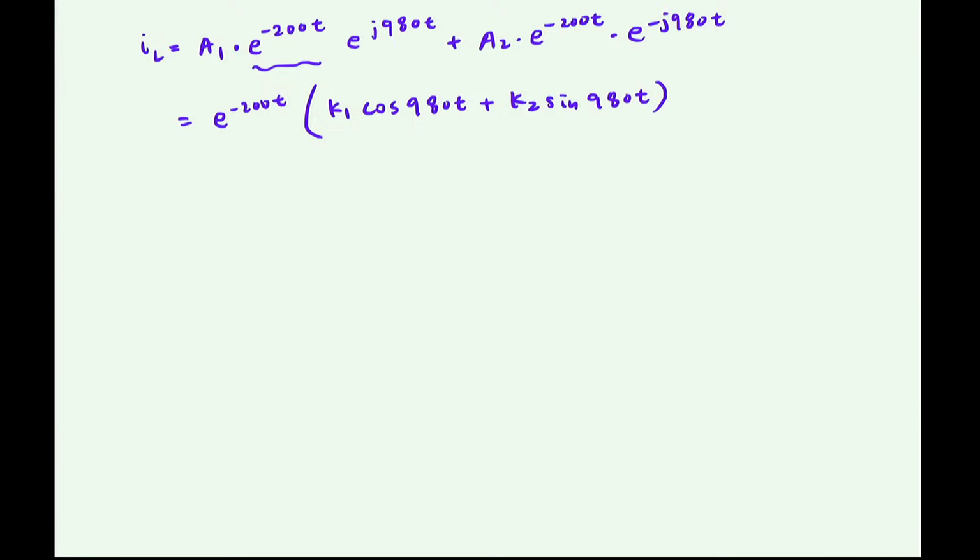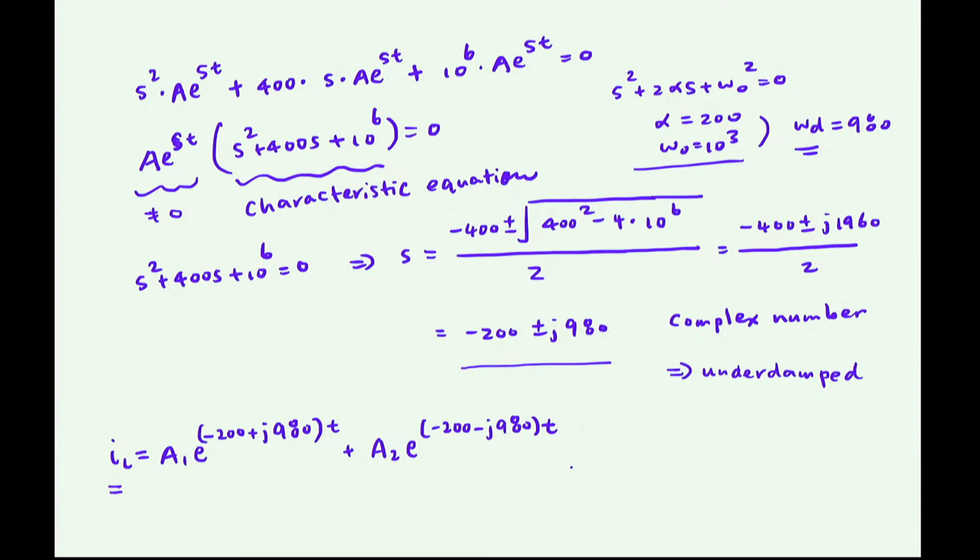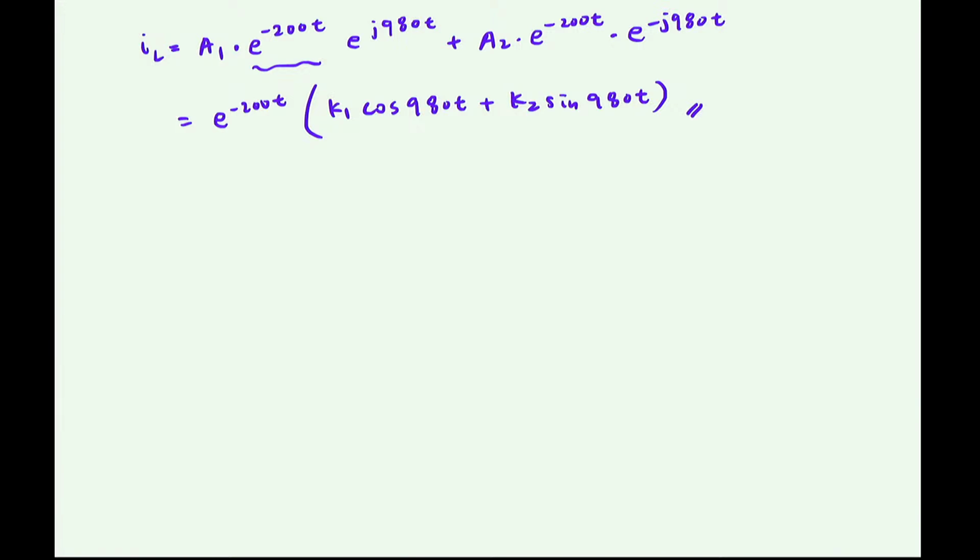Okay, so I rewrite it in this form. You can also leave it as it is in the previous page. 好，你可以写成这个形式。好，那大家有没有印象？我们因为你把 exponential 负200t 可以提出来，后面这个 j 980t 跟负 j 980t 可以把它换成 sin 跟 cosine。好，那前面一样有一个系数。好，所以我把它换成这样子。